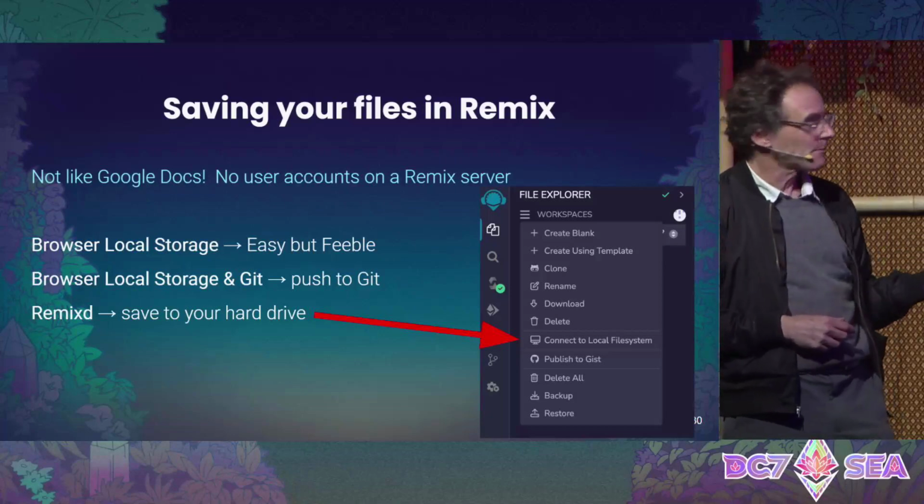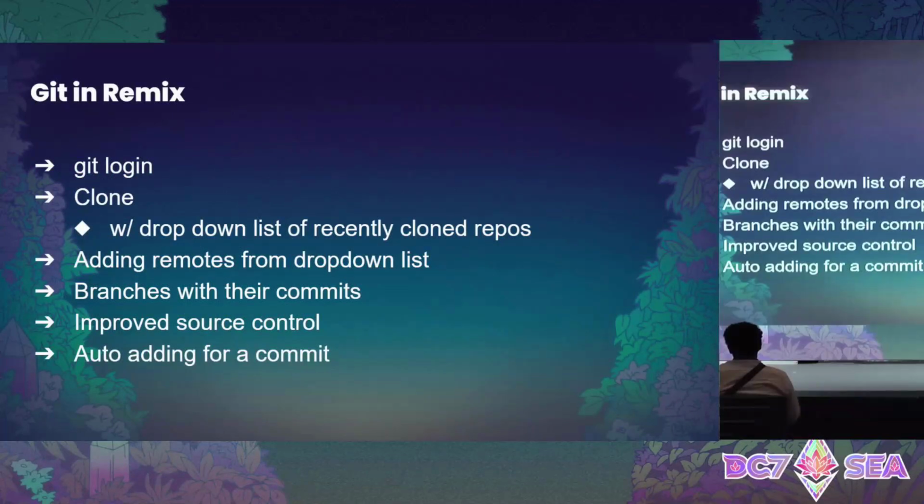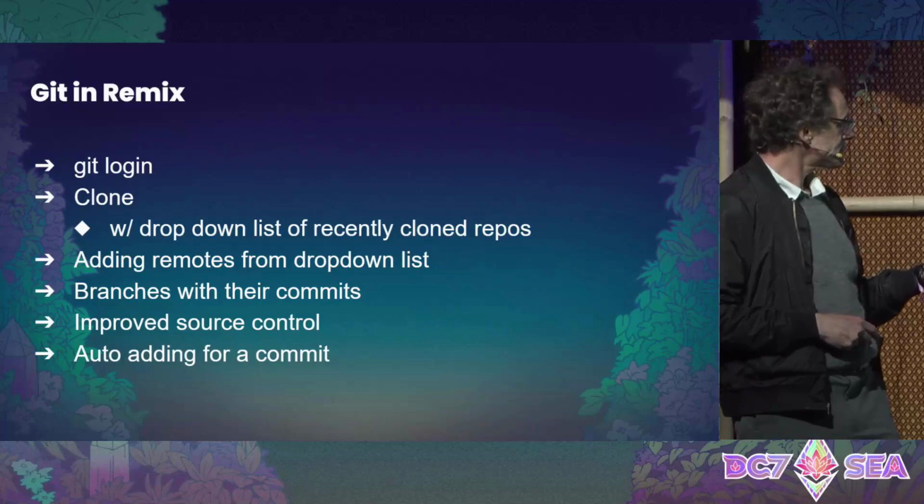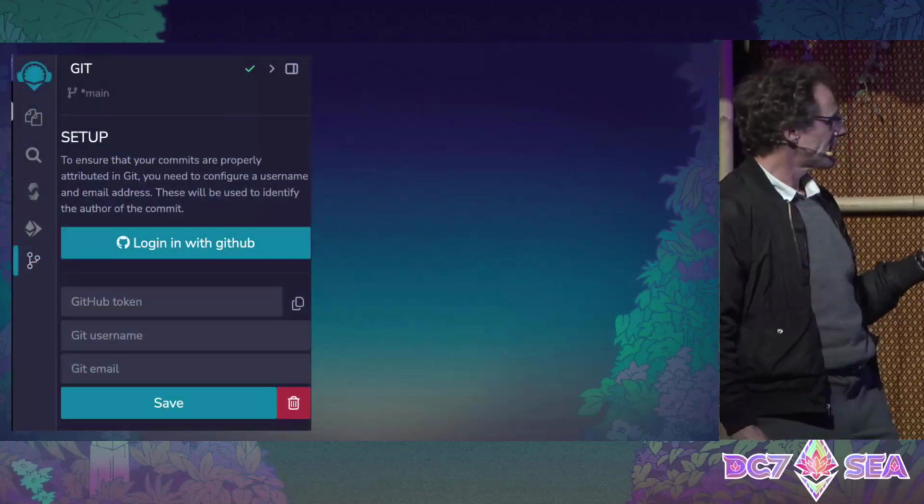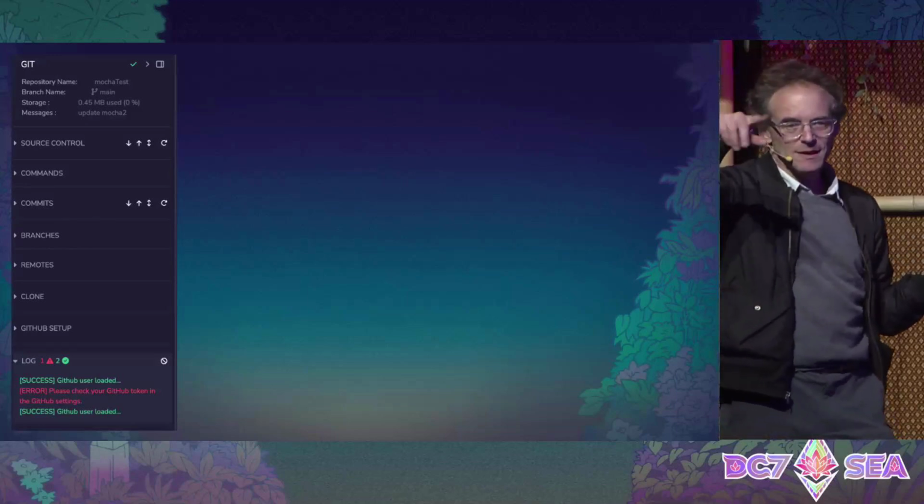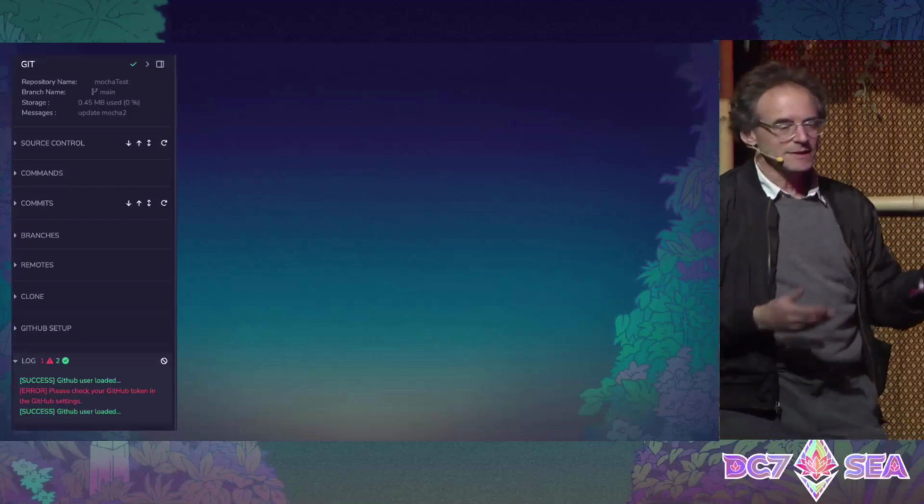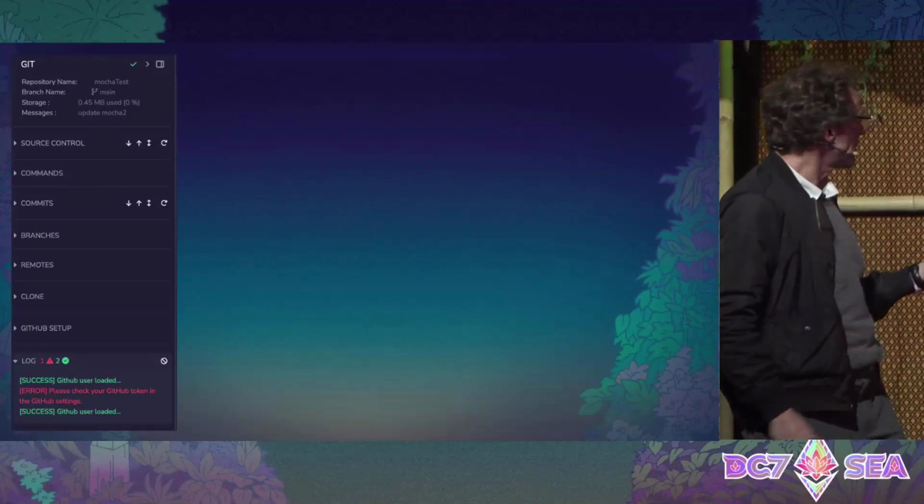And the reason I'm bringing up Git is because there's this new Git plugin in Remix that's by default active. So you can do Git login and clone and basically a lot of stuff. So you can log in to Remix, and then once you log in, you'll see the Git icon in the file explorer. But it's going to do basic Git operations, you know, source control, commits,